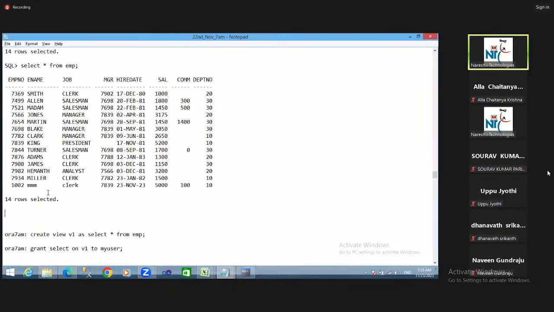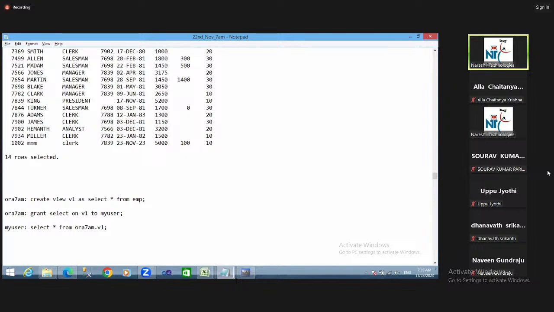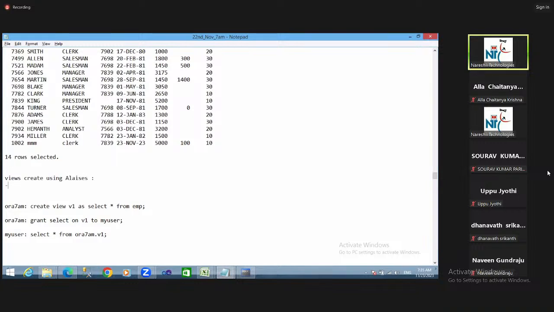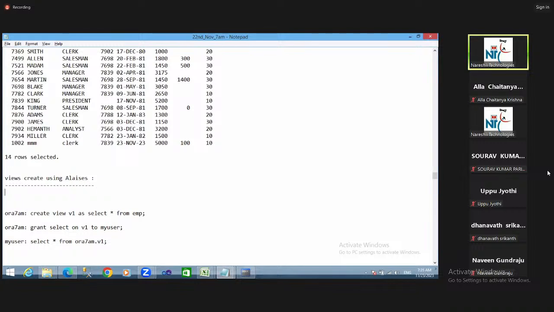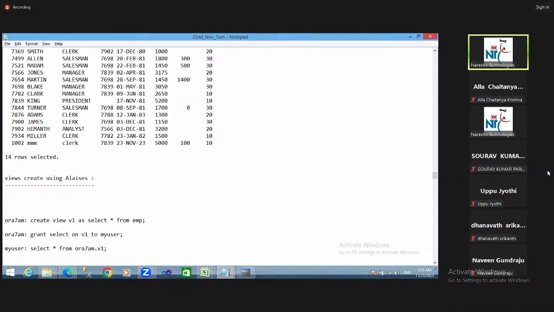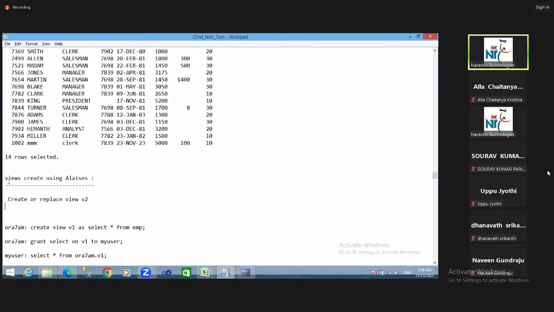So the insert command is complete. Next, the second one is views created using aliases. Create or replace view. The view name is V2. As